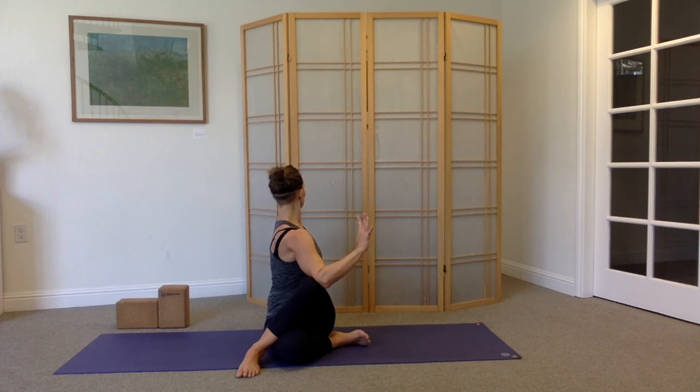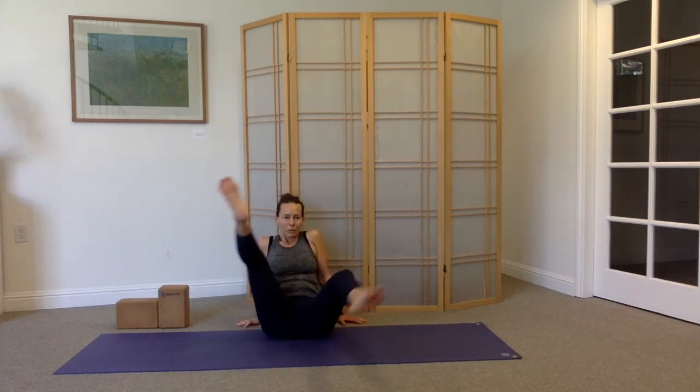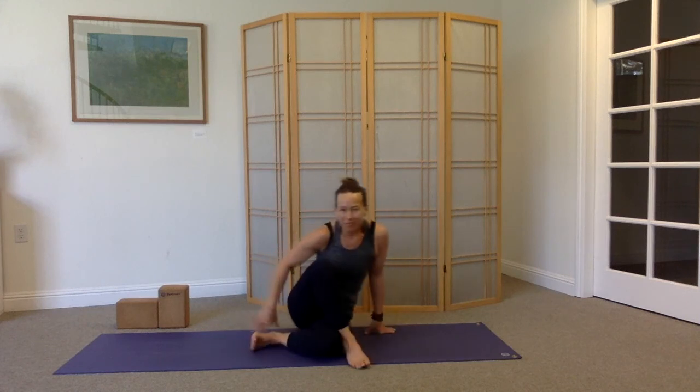And release to face forward. Yeah, and we'll just switch out the legs. You can do that a lot of different ways. You can do it out in front of you. Sometimes that's called the stripper switch. I don't know. Anyway,